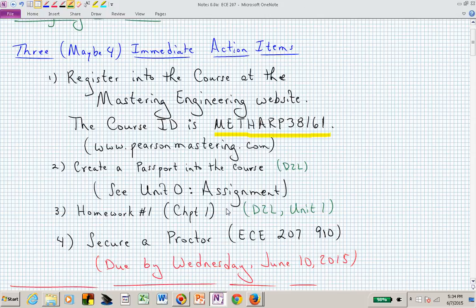then that is the first assignment that you will turn in, the second of these action items. That's your passport. The third of the action items is the homework number 1 assignment. Again, you'll access that from the Mastering website. And if you're in the 9-10 section of the course, you will need to secure a proctor, and you need to secure that proctor by Wednesday of this week so that I have someone to communicate with and transmit exams